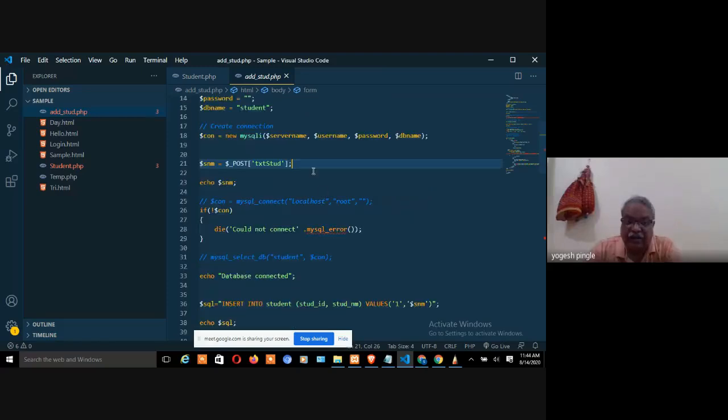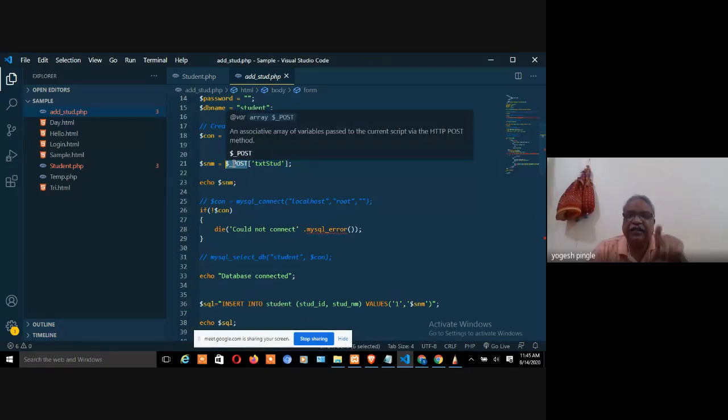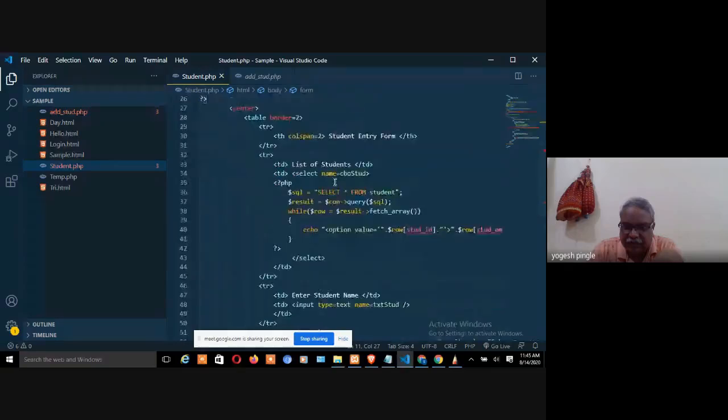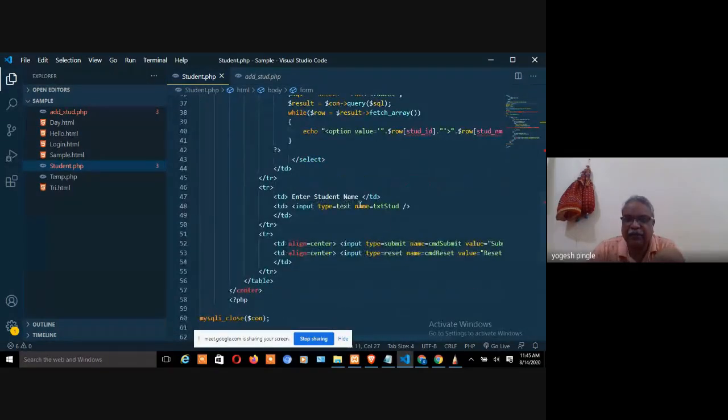Now over here, the one change is this. See this $_POST. This is an implicit object, right? And over here, this is a name which you have written: input type equal to text, name equal to text stud.